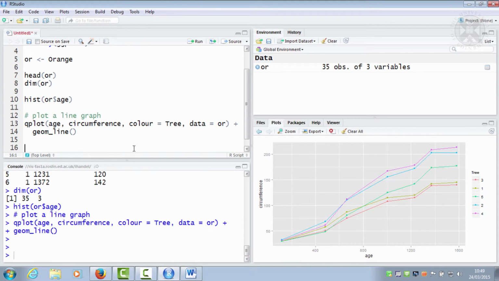Finally, I'll show you doing some statistics. You're aware of this thing called statistics, where we calculate things about data and make decisions. In R, which is the god or goddess of stats, we might want to fit a straight line model through these trees. So there's a function there called linear model, and